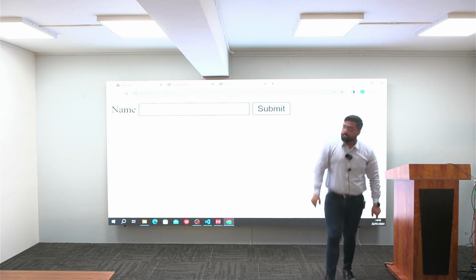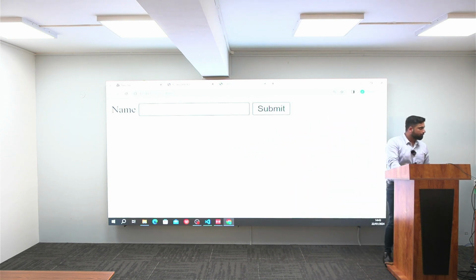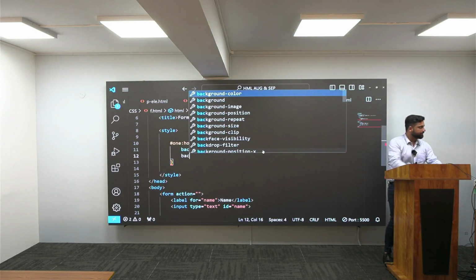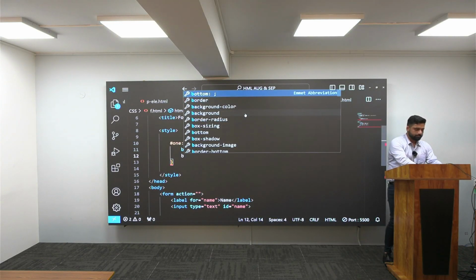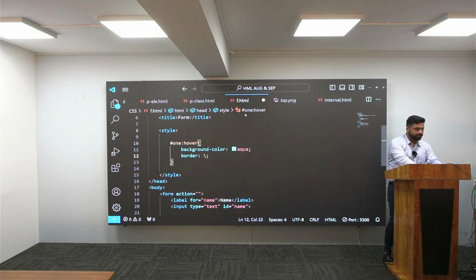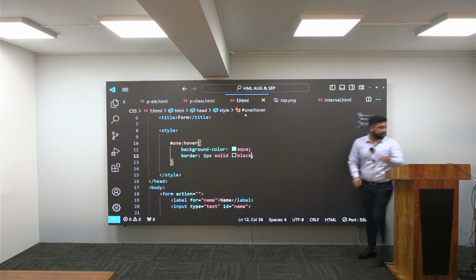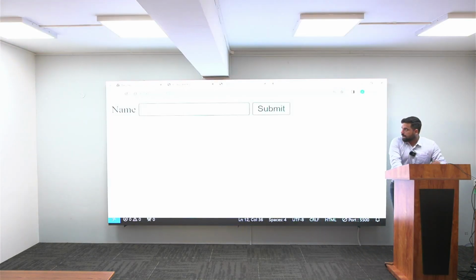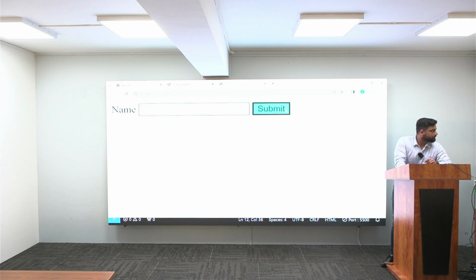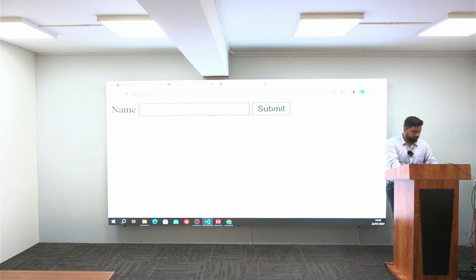Understood? Now if I wanted to give some more styling here, what can we give? We can give background, we can give border for this. If I give border, how will it display? It will display in the form of hover, right? So I will save this. See how it will display if you give border. Right now, please focus here. Border we have given, right? Just check before what it has given.